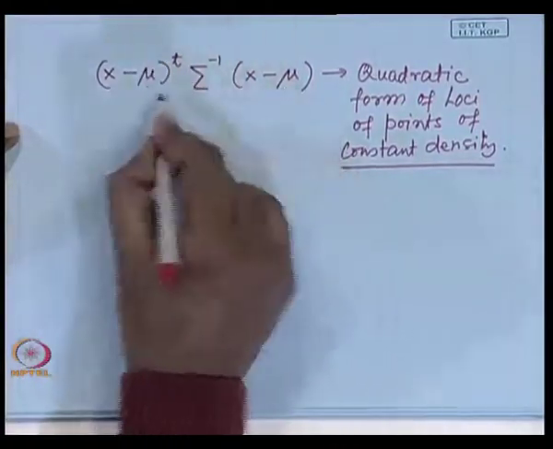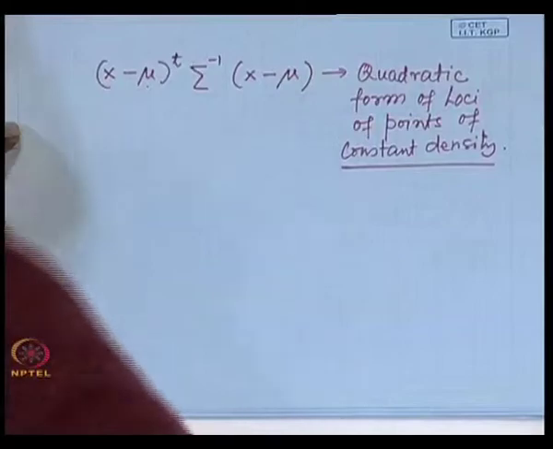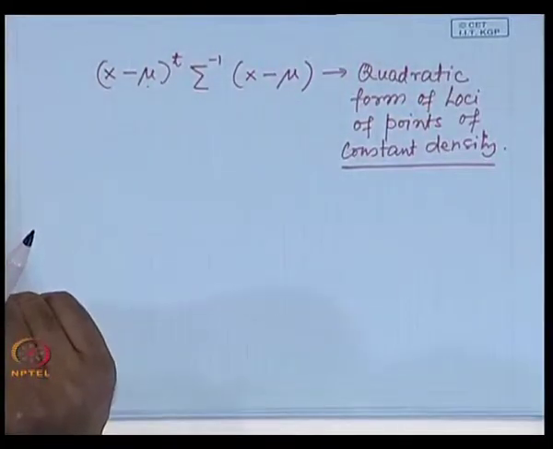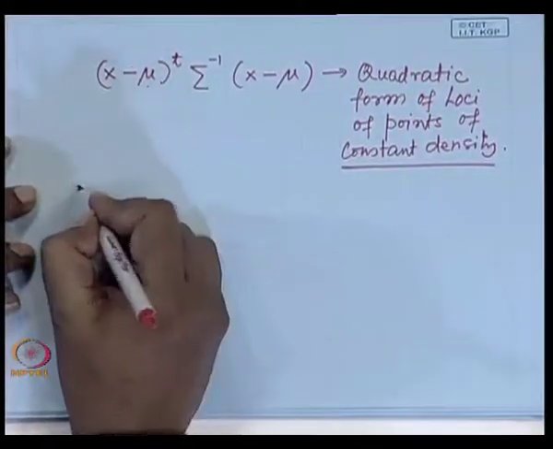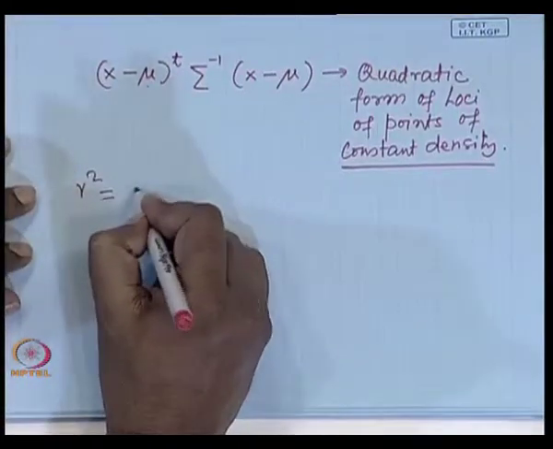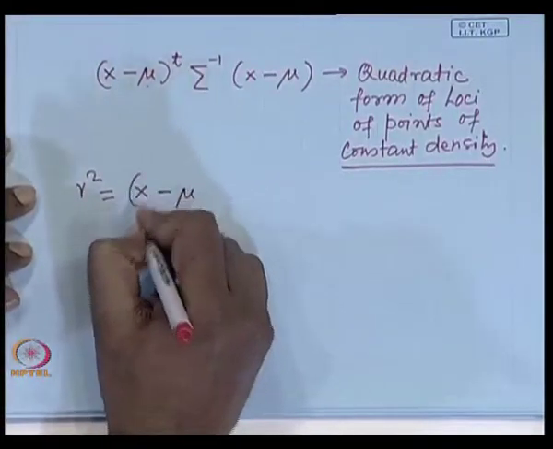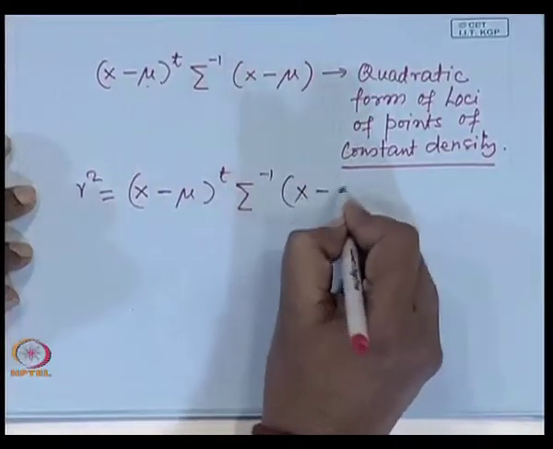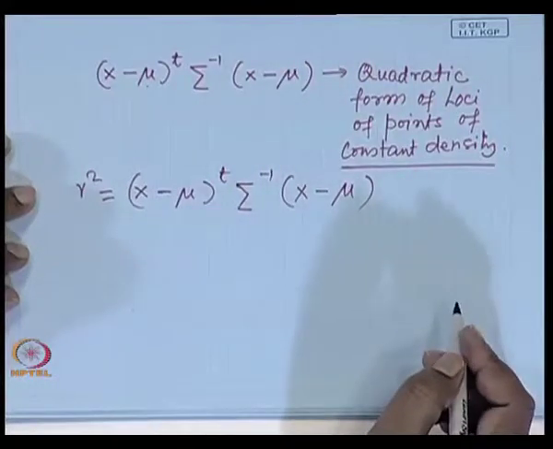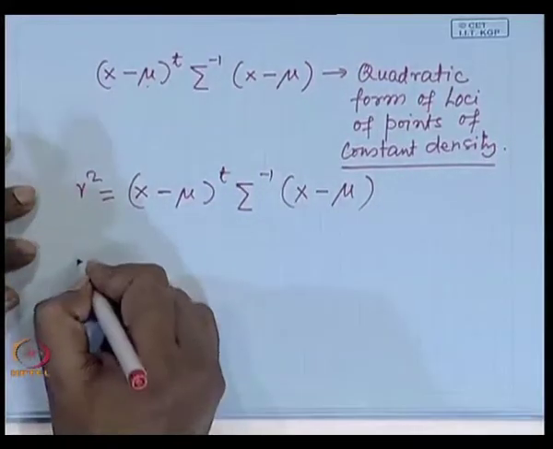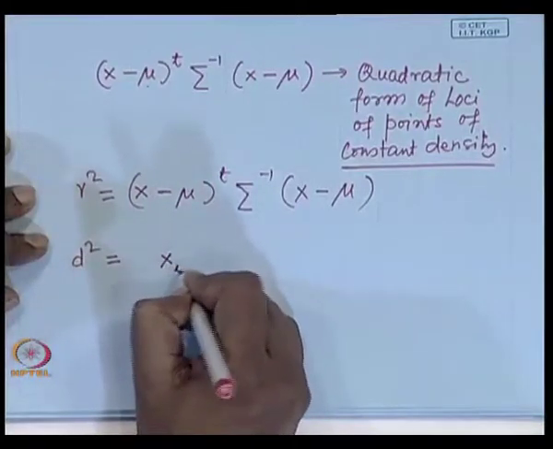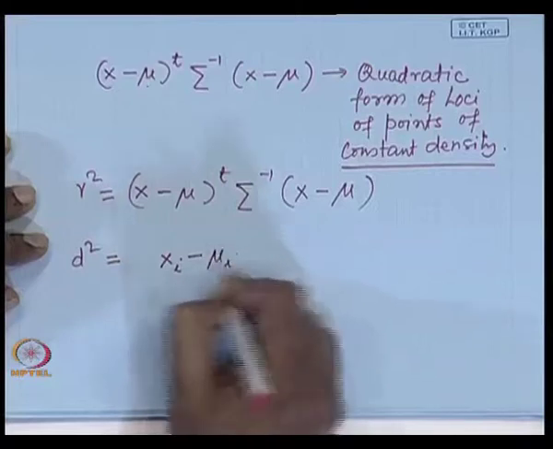So, mu gives you the center of the centroid and x is the points lying on the periphery, and this term actually gives you the distance of x from mu. Okay. So, distance function r square I can define, which is given by (x minus mu) transpose sigma inverse into (x minus mu). Okay. In Euclidean case, I can define d square is equal to x_i minus mu_i square, take the summation